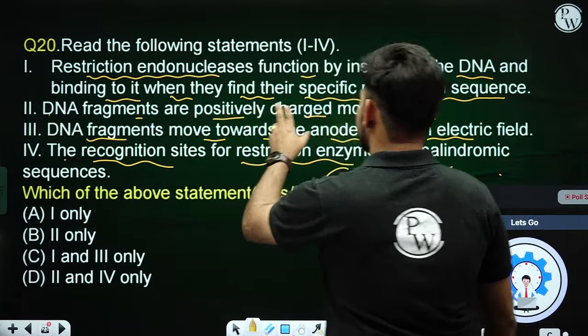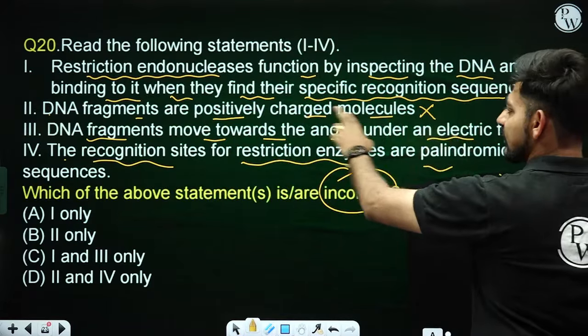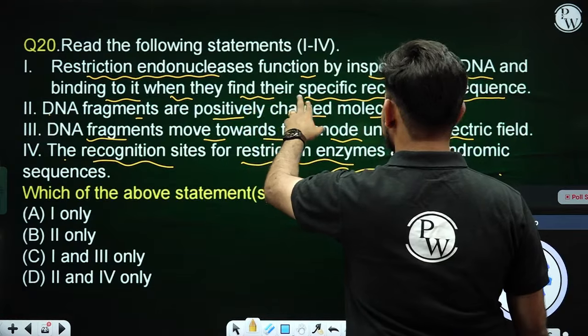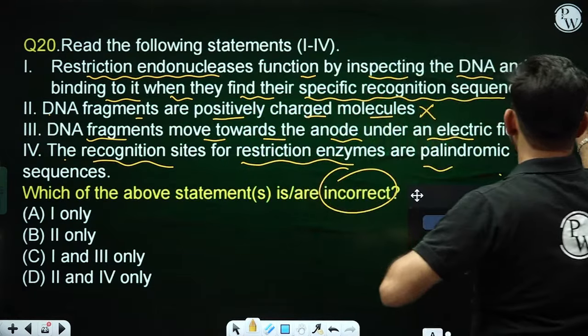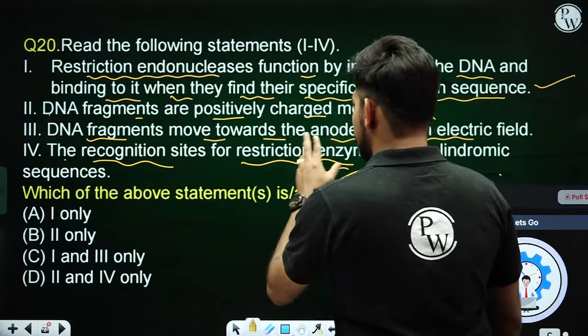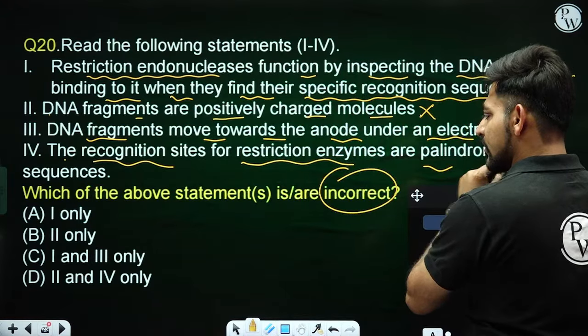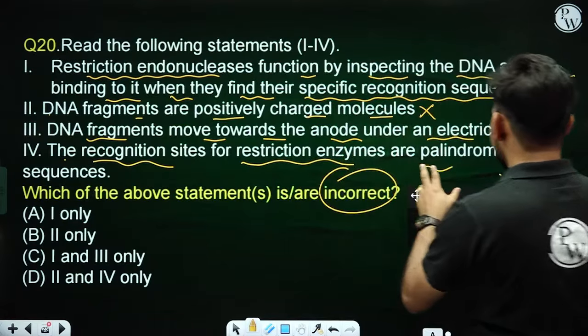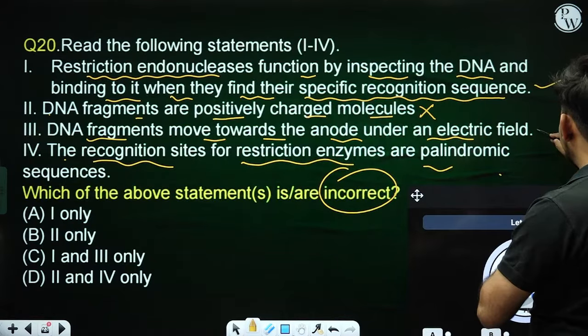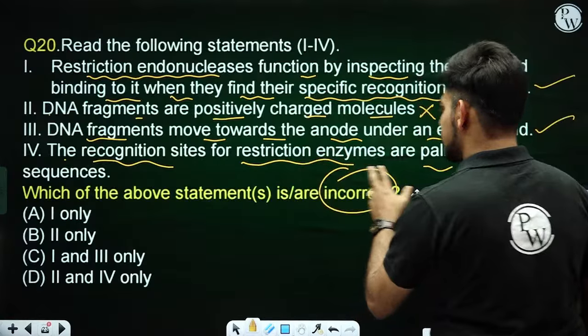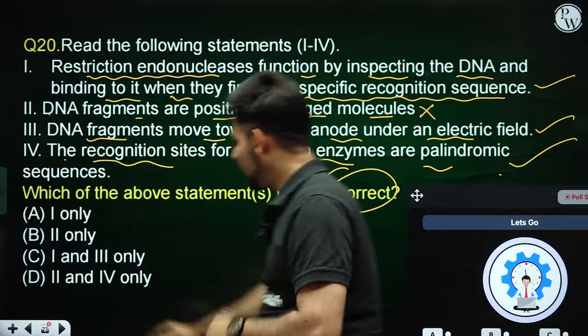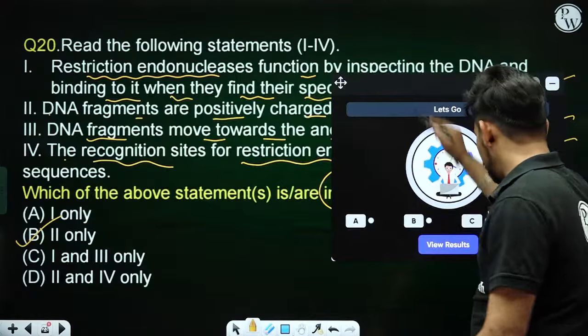The restriction endonucleases function by inspecting the DNA, binding to it when they find their specific recognition site. This is correct. DNA fragments are positively charged molecules. This is incorrect. DNA fragments move towards the anode under an electric field. This is correct. The recognition sites, this is also correct. So option B is our